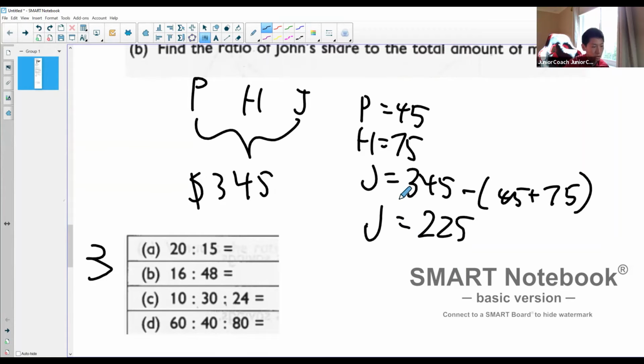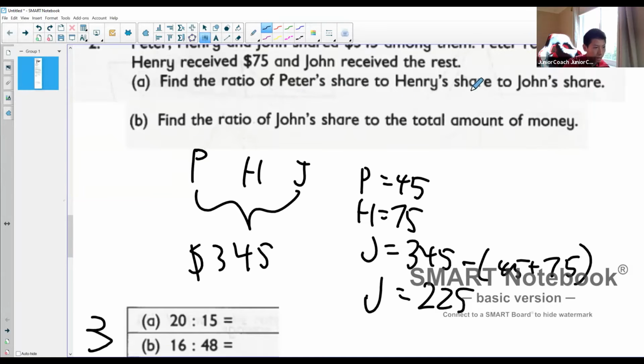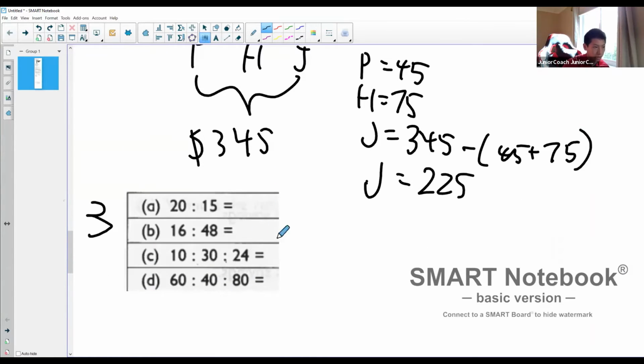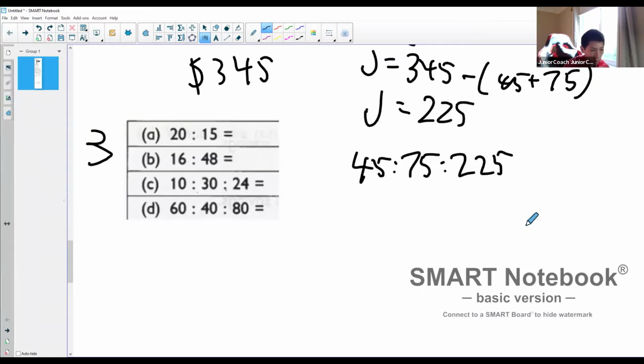Now let's start solving our ratios now that we have all the numbers. First, let's solve Peter to Henry to John. Peter to Henry to John is the same as putting all the numbers next to each other. And what are they divisible by? Once again, you guys can divide by 3 and then 5, but I can just tell it's divisible by 15. So we get,